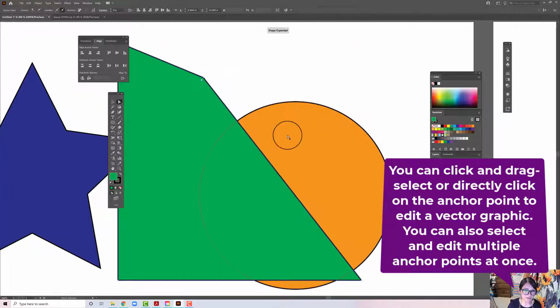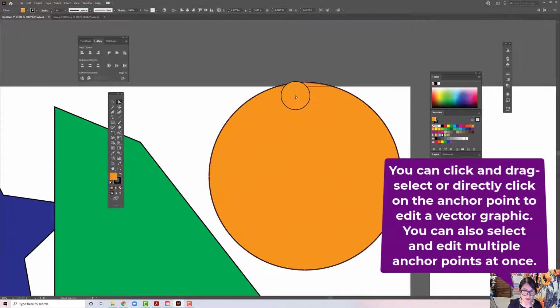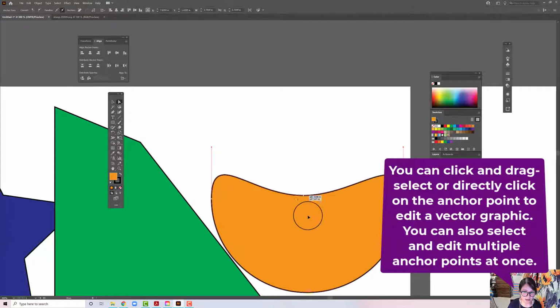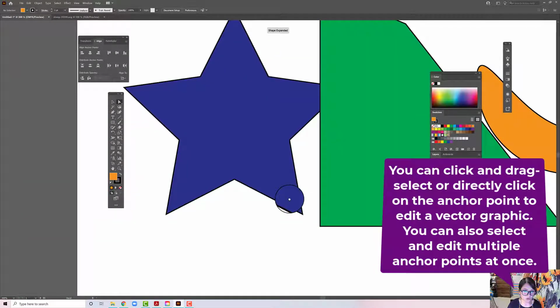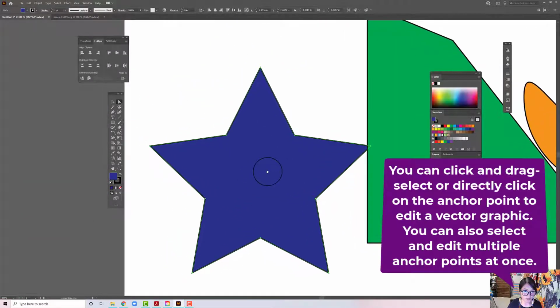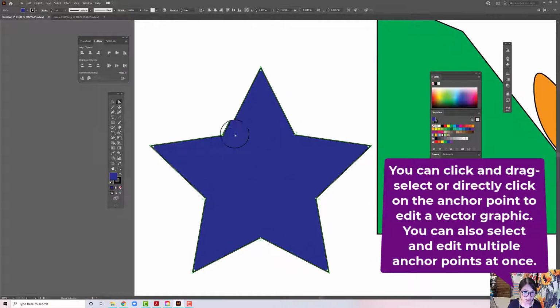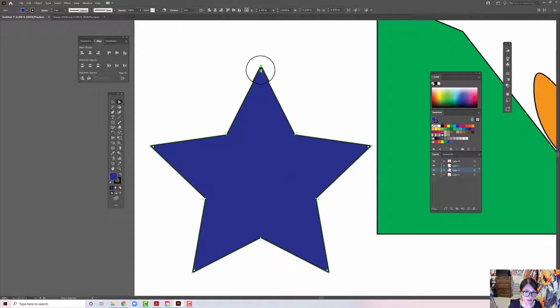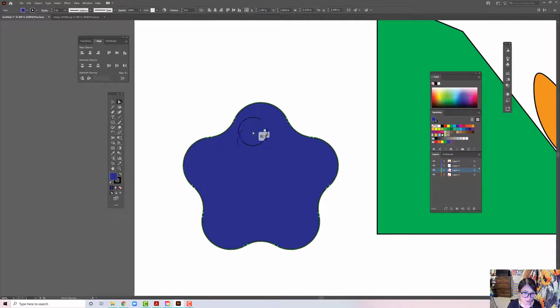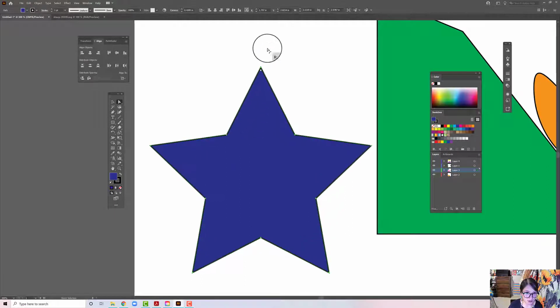So you can make very custom, unique shapes and so on and so forth. You can even, there's this new feature too. If you see this little round tab thing, I don't know its technical name. If you grab it and you pull on it, it will round some corners for you. You can do that with just one as well. If you click and drag and highlight just a single point,